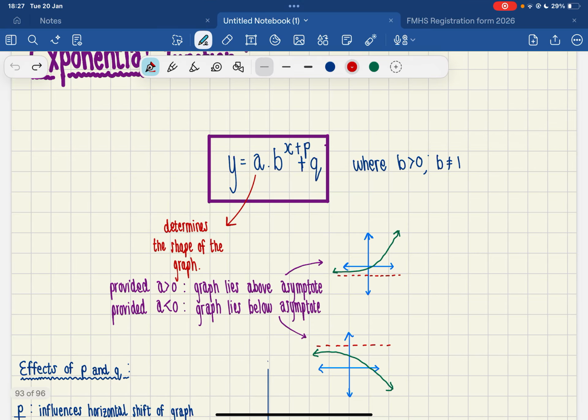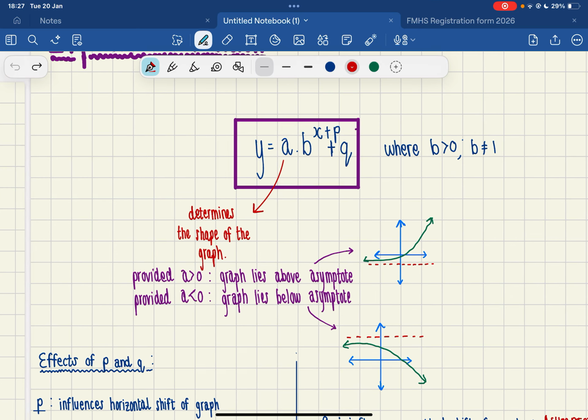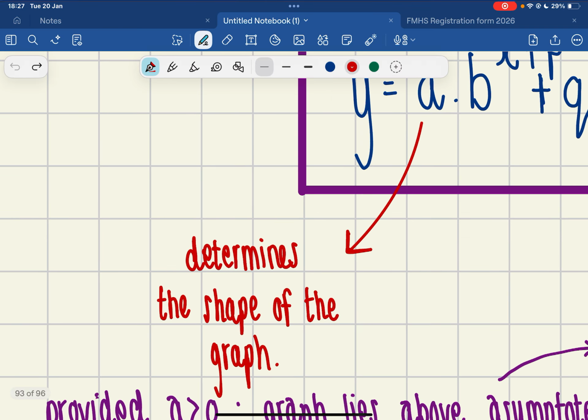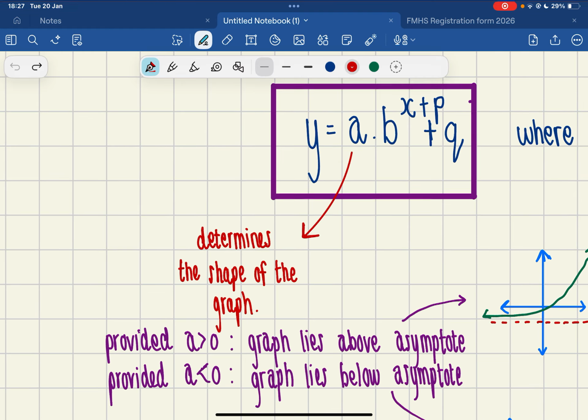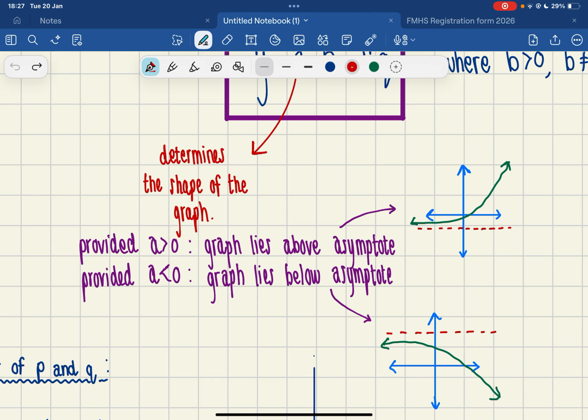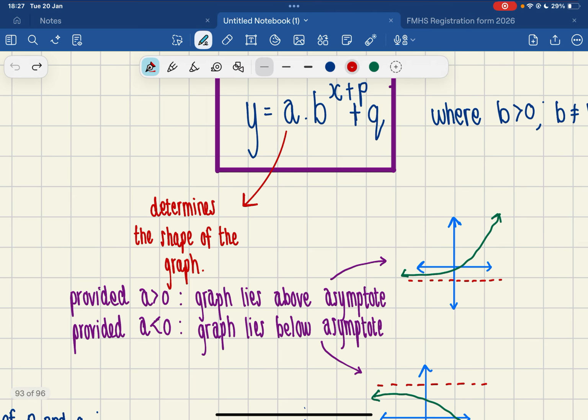Perfect. That being said, I want us to dissect this formula and look at what each component represents. So first we're going to start with the a. As we know, a has been our friend and has always determined the shape of the graph. In an exponential graph, provided that a is positive, so a is more than 0,